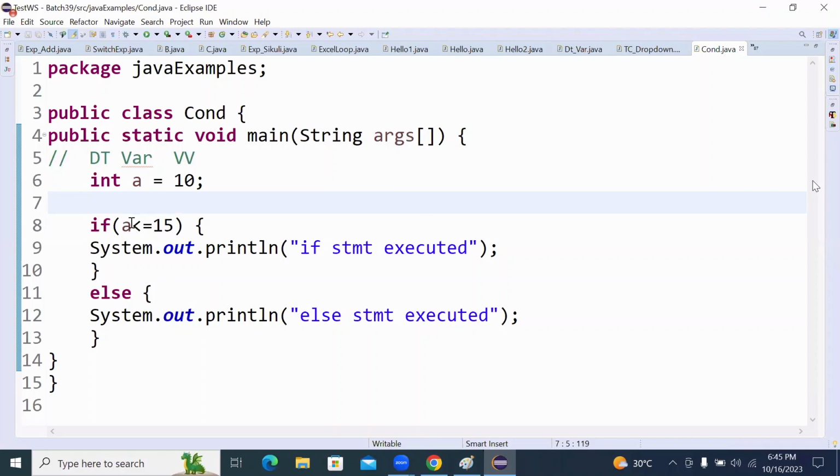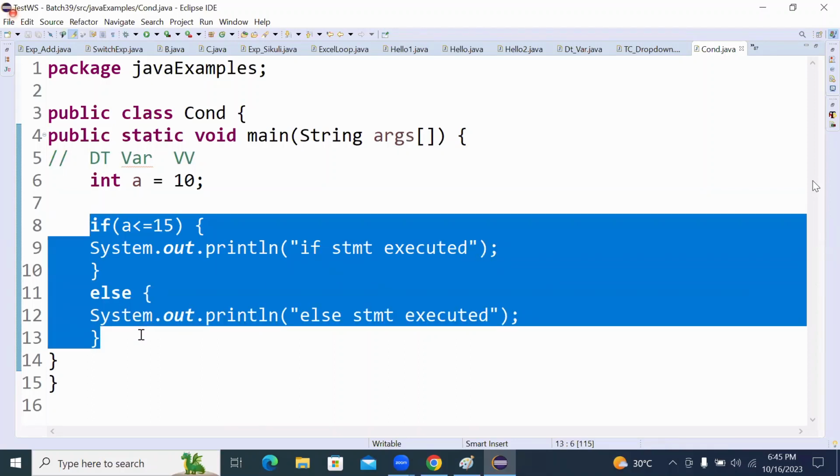Along with these things, here, how many conditions were written? Only one condition. Assume that you want to write more than one condition. You want to work with more than one condition. Then you will go with